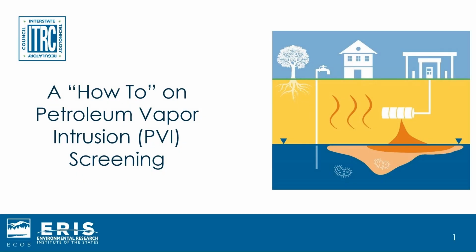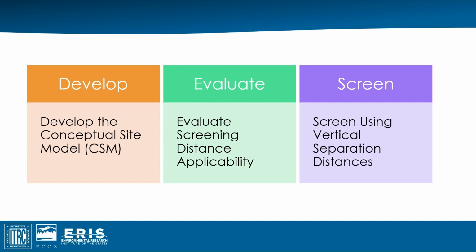In this video, we will be discussing the process ITRC recommends for the application of screening distances for petroleum vapor intrusion. The process involves three general steps. 1, developing the conceptual site model or CSM for screening. 2, assessing whether screening distances can be applied. And 3, if so, conducting the screening to determine whether the sites screen out or whether further data collection is